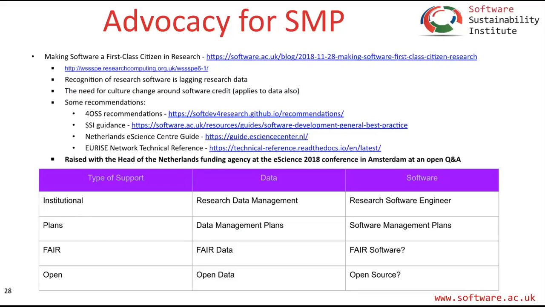And these would be great people to actually help with development of software management plans. There's also the idea of FAIR: findable, accessible, interoperable, reusable. So FAIR data is quite well understood. FAIR software is more a nascent area, like what do these notions of fairness mean for software, and is it enough? Openness as well, in terms of open data, open source, is that enough, or is it more a case of research took from open source, but there are other things that are needed for research software? There is a whole open science movement also, in terms of all aspects of openness.